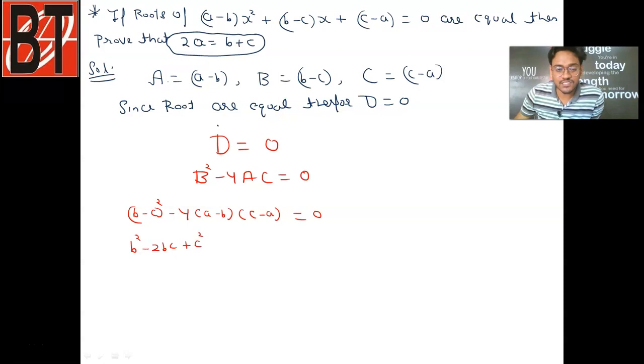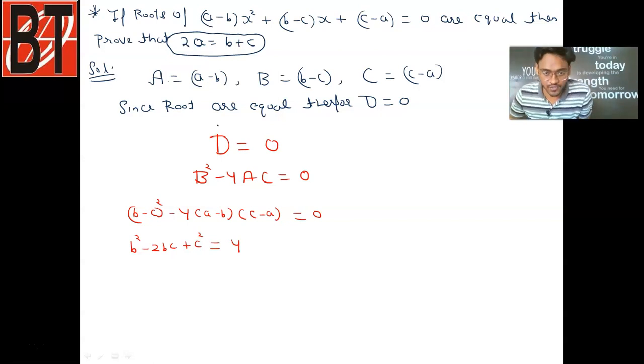No problem, students. Suppose this minus 4(A minus B)(C minus A) is the complete term. If I transpose the complete term to the right hand side, it will become positive. So it is plus 4, and we have to multiply the two brackets (A minus B) and (C minus A). What I did, I just transposed the complete term minus 4(A minus B)(C minus A) to the right hand side, and I am multiplying the two brackets A minus B and C minus A.